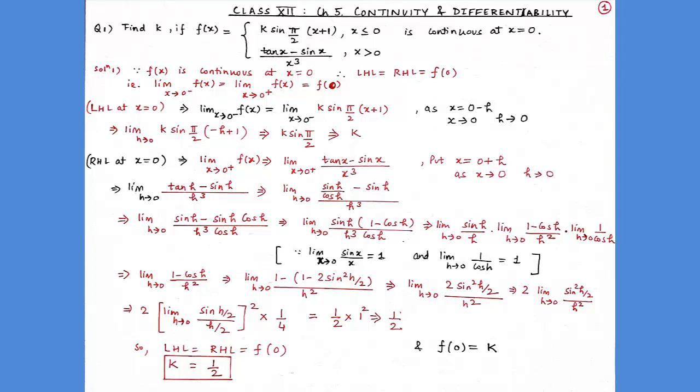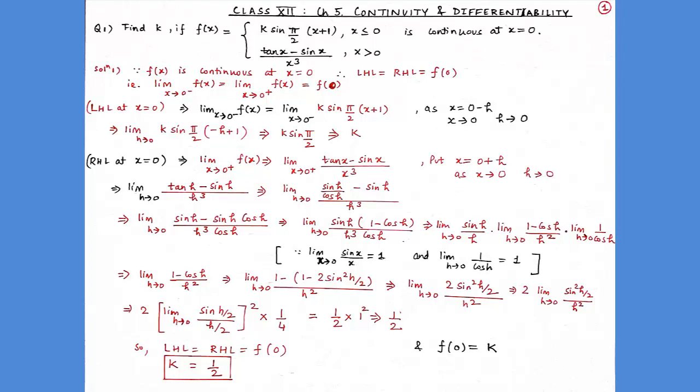Now students, watch and listen very carefully. See, in the numerator we have sin²(h/2), and in the denominator we have h². So from here we can write this as limit h tends to 0 of (sin(h/2)/(h/2))². On solving the bracket in the denominator we get h²/4. So to compensate it we will multiply this by 1/4. So from here we get 2/4, which is equal to 1/2, into 1 square. So from here we get 1/2.